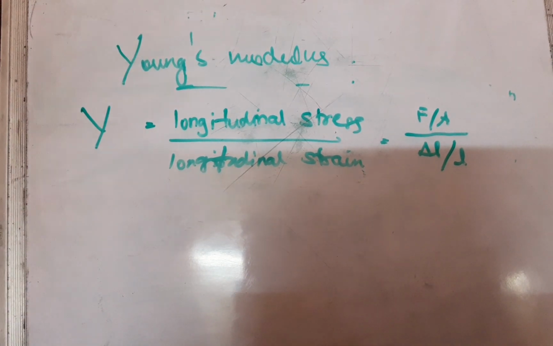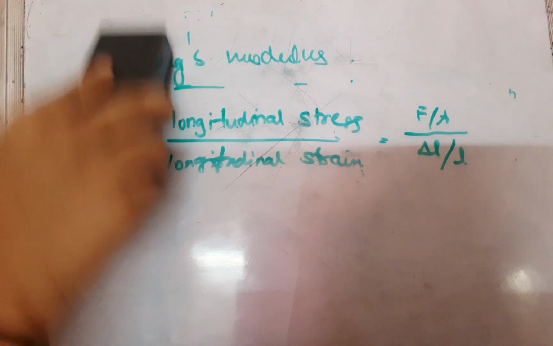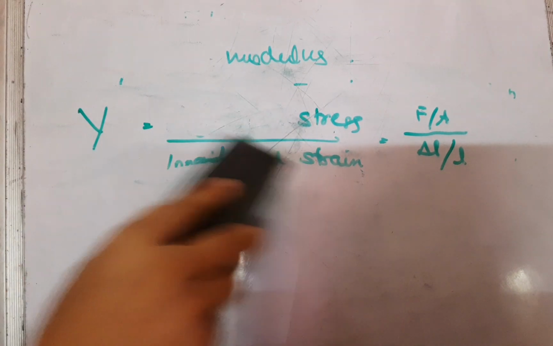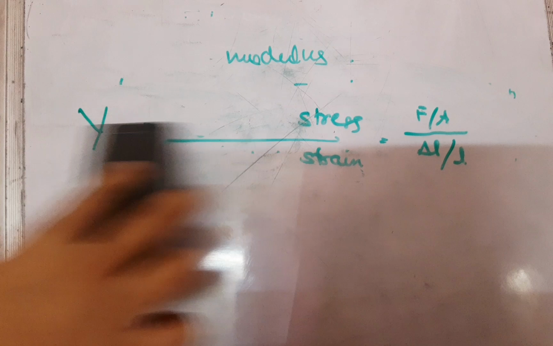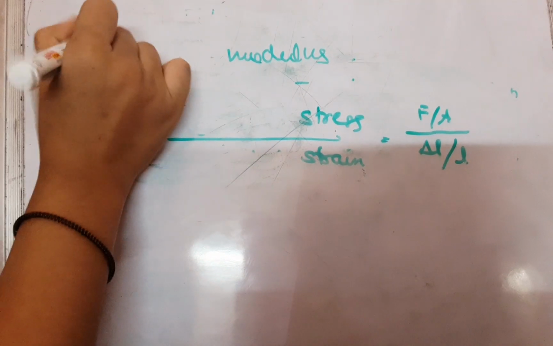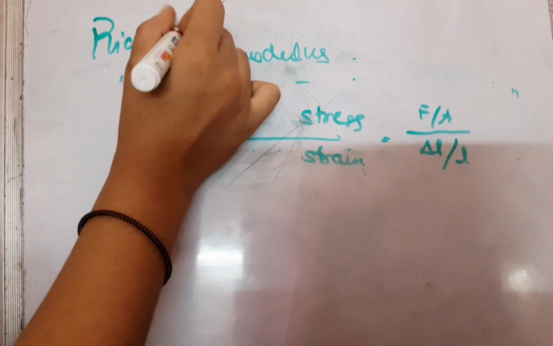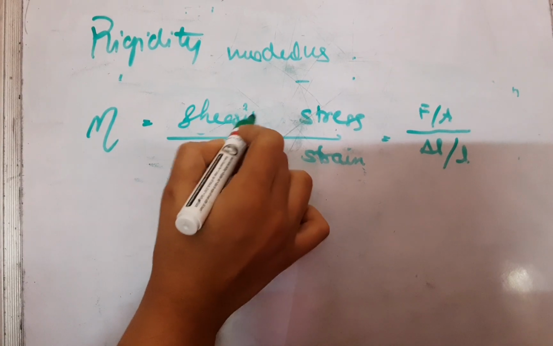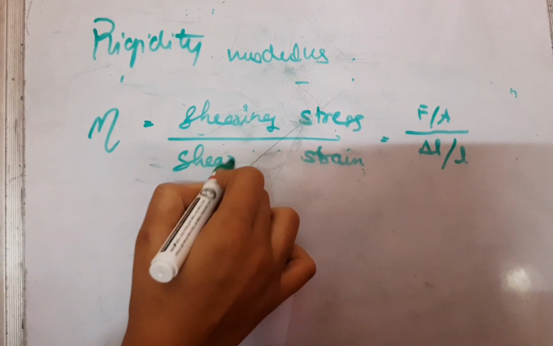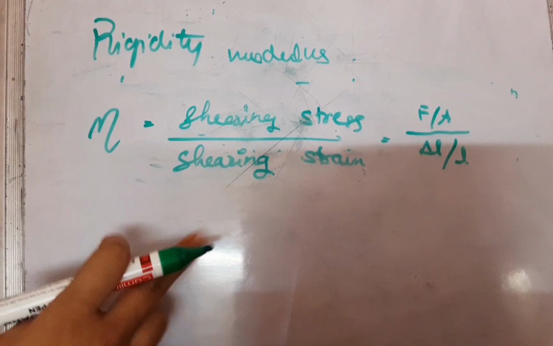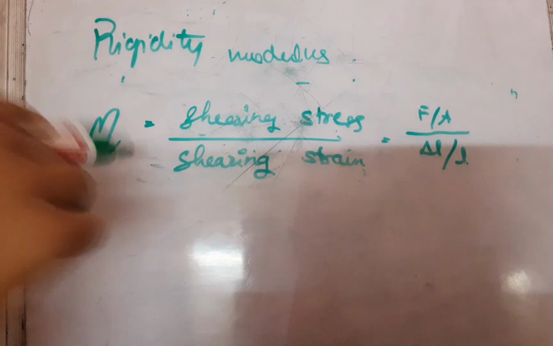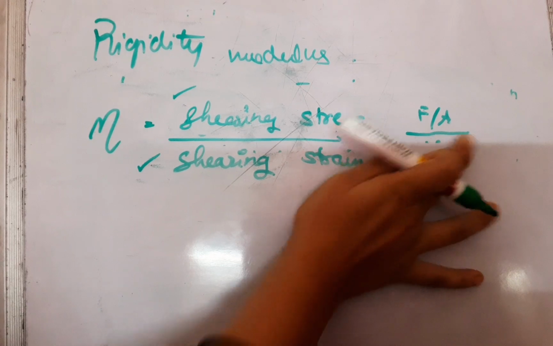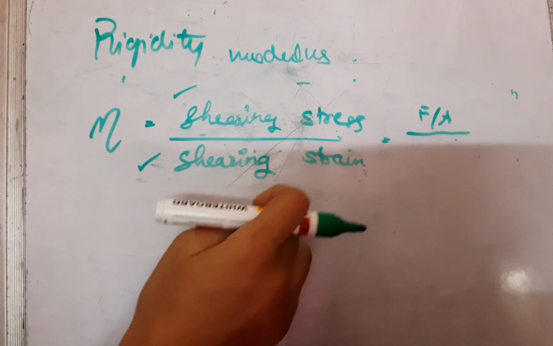Now coming to rigidity modulus. Okay, so now coming to rigidity modulus. So rigidity modulus you will denote by the symbol called eta. Rigidity modulus, eta, is shearing stress divided by shearing strain. Okay, so in part 1 video I already explained what shearing stress and shearing strain are. So shearing stress is nothing but again force by area only, but for strain it will be